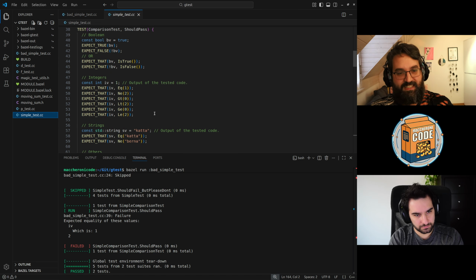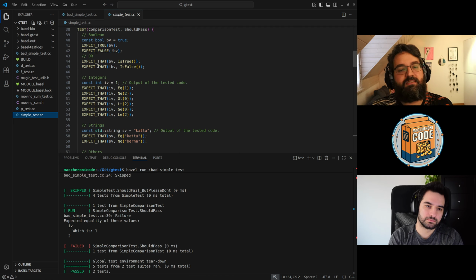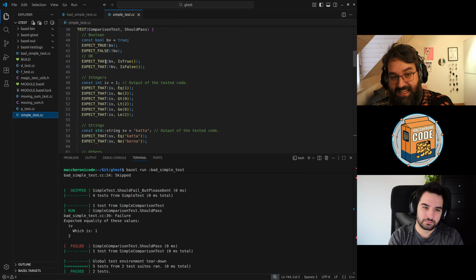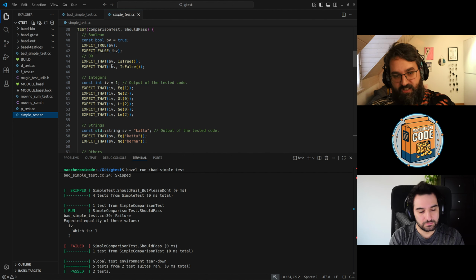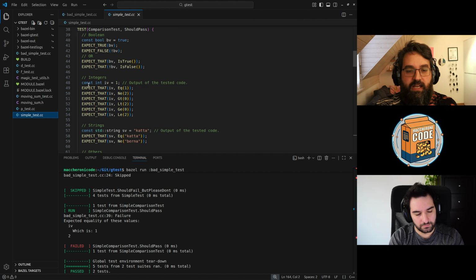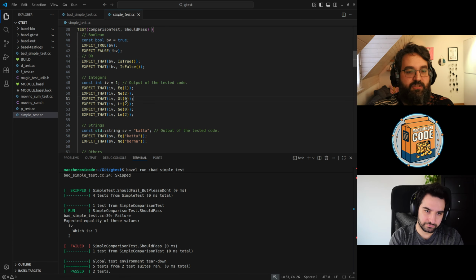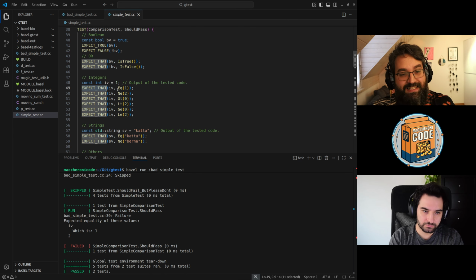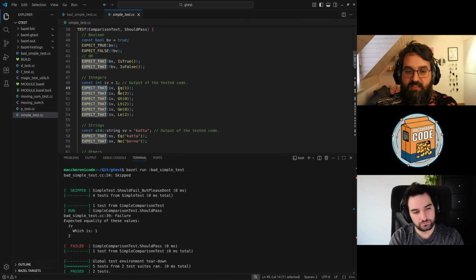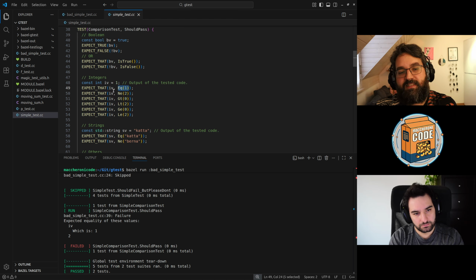Let's go to a good test. So EXPECT_TRUE and EXPECT_FALSE are still good, but you can spell them as EXPECT_THAT value is true, or EXPECT_THAT expression is false. And this thing on the side is called a matcher. So when you go, for example, for equal, you can say EXPECT_THAT integer value is equal to 1. So this is called a matcher, and in this case, it's a matcher that tests the equality with some value.